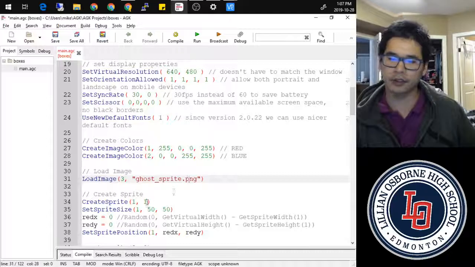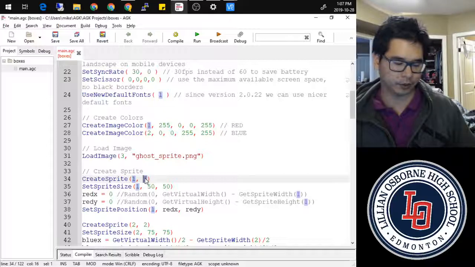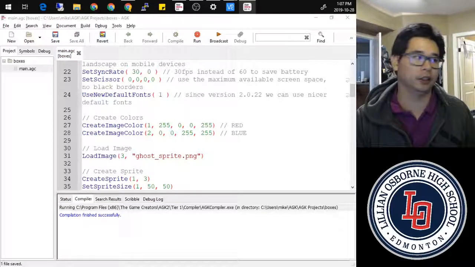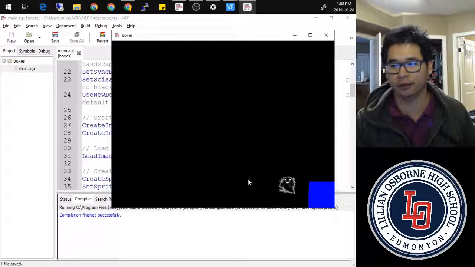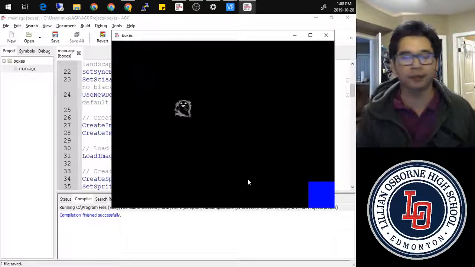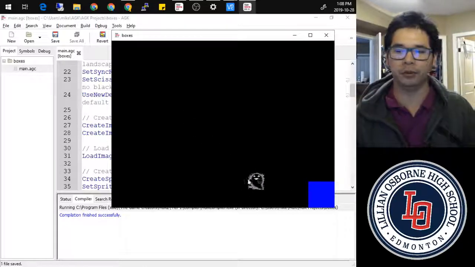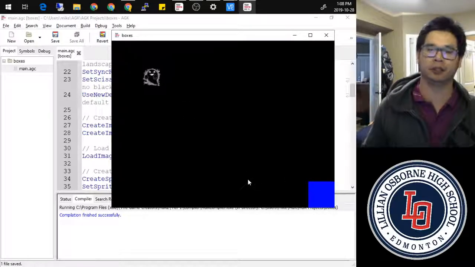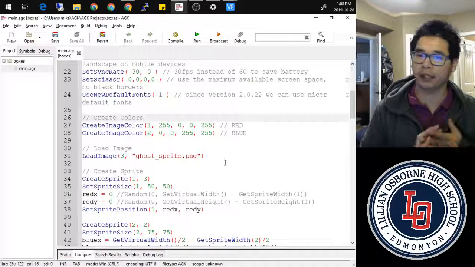Now that's here, I can change my sprite from using image 1 to image 3. And now when I load this, it will hopefully load. It's doing it off screen, so let me move it around. It will now load the ghost sprite in my actual program. Because of the fact that there's transparency, we have a black background, we don't have a white box. We do have an outline because obviously we wouldn't see the black ghost without that outline, but that's built into the picture itself.